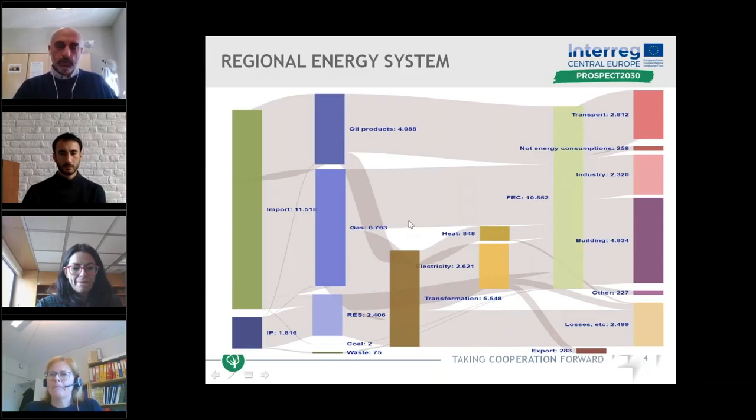And what is also very important is that our energy system is mainly based on natural gas, which is used directly in the final sectors, but also a very large part of it is used in the transformation sector for the production of electricity